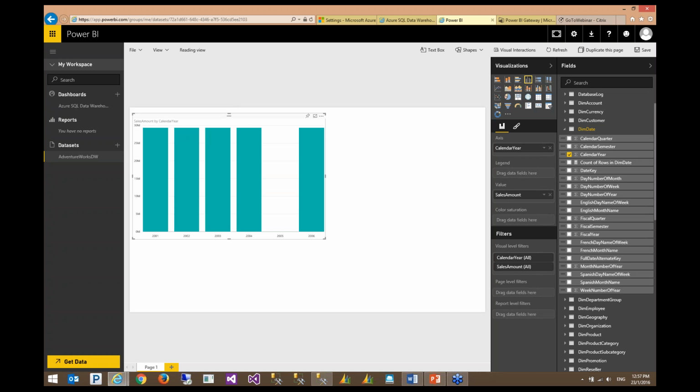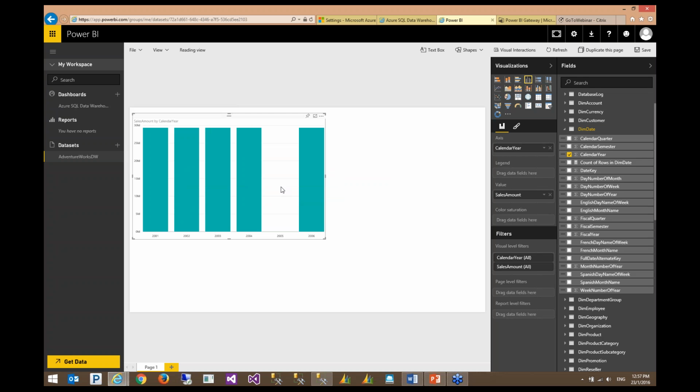Oops. What we can see here is not beautiful. It is showing us the same amount of sales amount for all years. Why is it like that? As I mentioned before, there are no relationships.